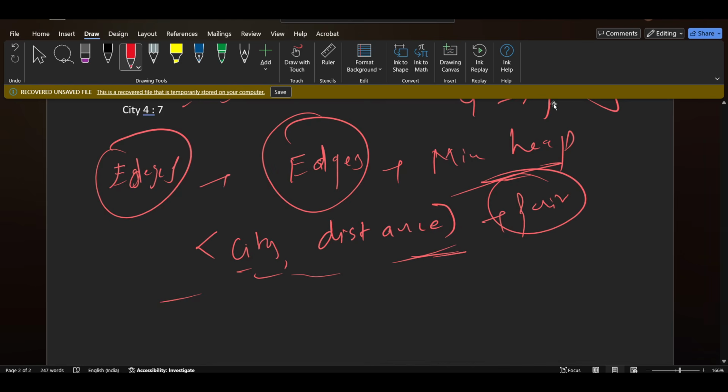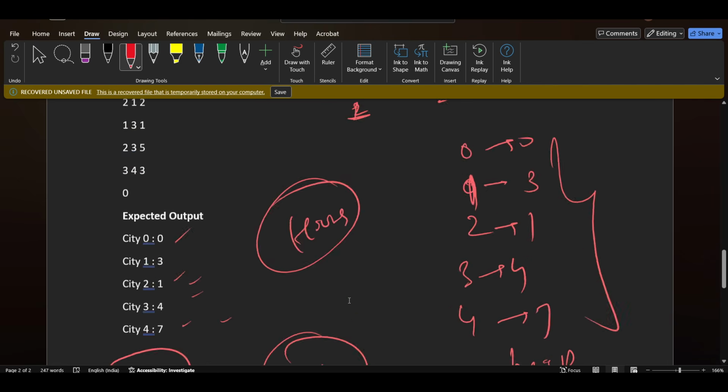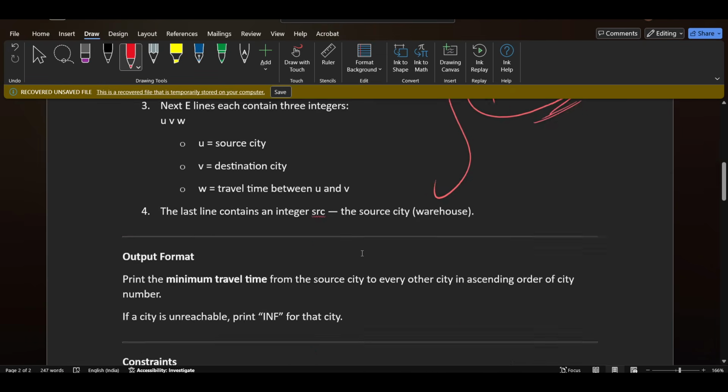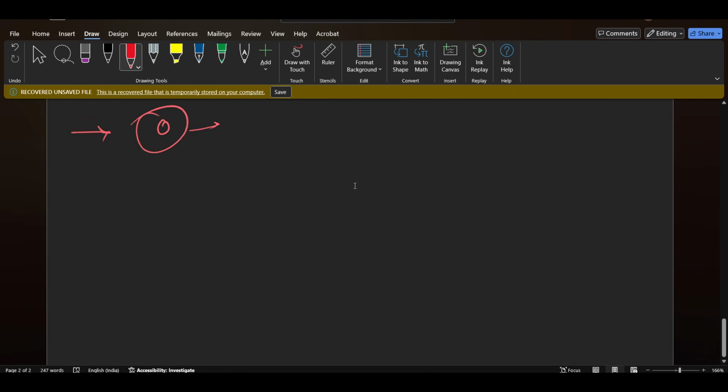So how will we be doing it? First of all, suppose we start with 0. For 0, we will check the cities to which we can go from 0. These are our cities. So for 0 to 1, it is 4, we will just store 4.